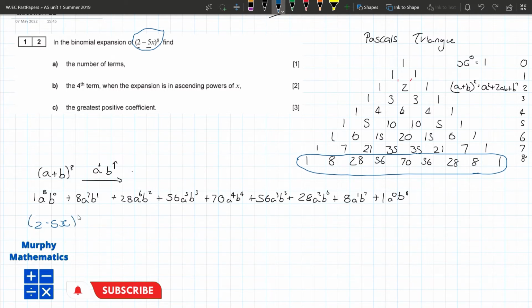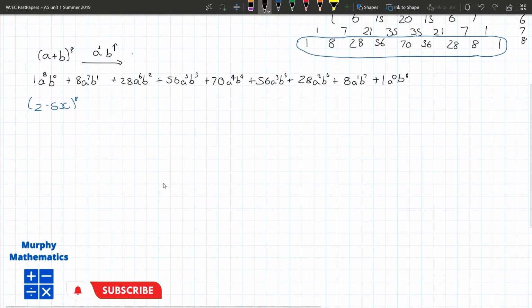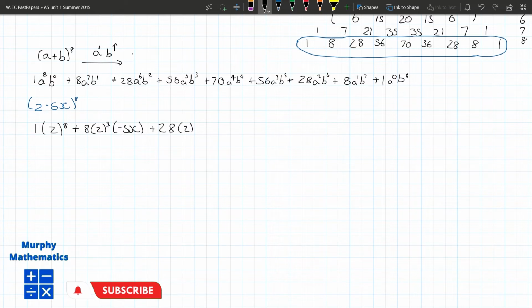Because this is power 8, it's quite large, so it'll have to take up multiple lines. Here we go. I'm going to have 1 lot of 2 to the power 8, plus 8 times 2 to the power 7 times minus 5x, plus 28 times 2 to the power 6 (sorry, that's a 7 earlier, just in case it's not clear) times minus 5x to the power 2, and then plus 56